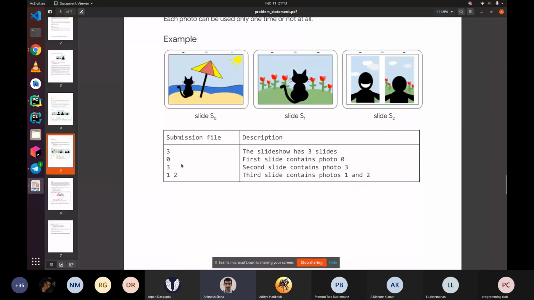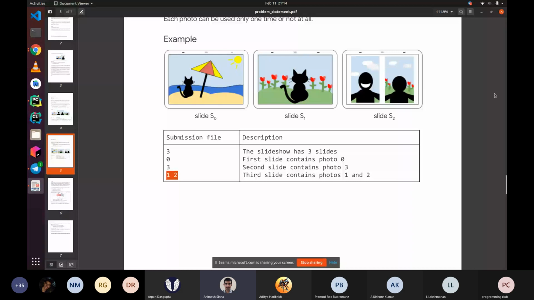So you are asked to do 2 things. First of all, you are giving a permutation. Look at this: you are giving 0, 3, and then 1 and 2 together. You are clubbing the vertical slides together. You decide which slides you want to club. There may be 2 more vertical slides, so do you want to club vertical slide number 1 with 2 and 3 with 4, or do you want to club 1 with 3 and 2 with 4?